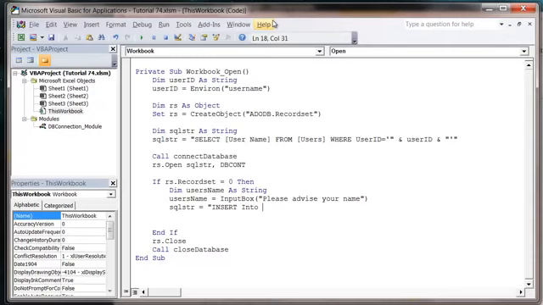INSERT INTO, and that's with capitals, and then users, and then we need to put in open brackets, and then we need to put our field names, so UserID comma Username, and then close bracket, and then we type VALUES